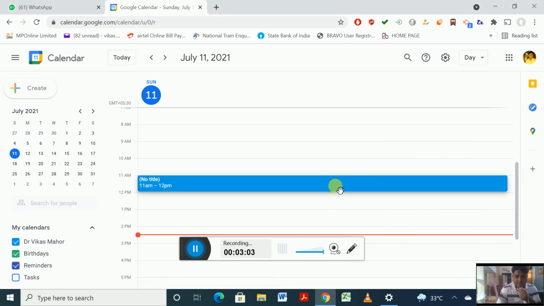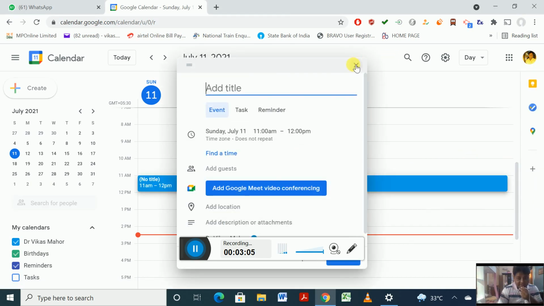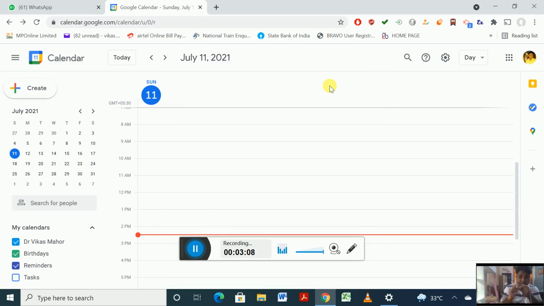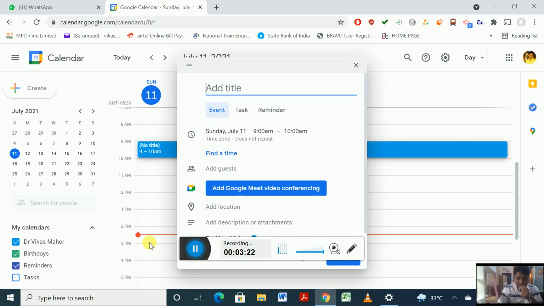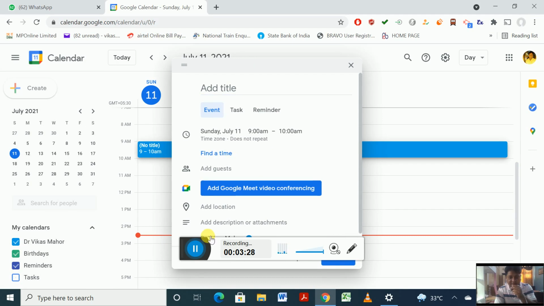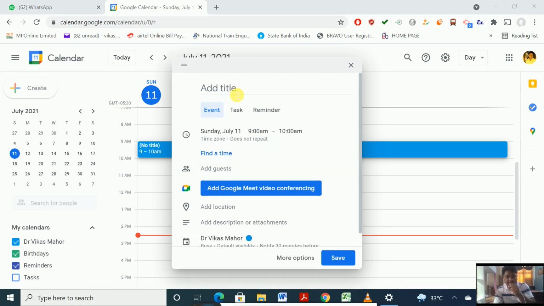Now with this account, the next thing you would do is just click on the time at which you want to take the classes. For example, tomorrow is Monday, so if you are planning to take your class at 9 a.m. in the morning, just click on 9 a.m. When you click on it, a window will pop up. This window is about the task which you are planning at 9 a.m. So you are planning a class. Let's say you are planning a class of English 2. So just name it English 2.